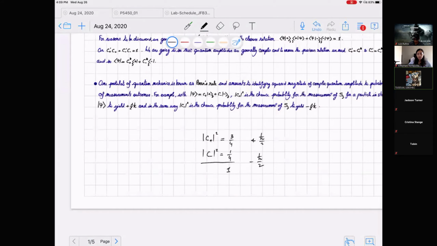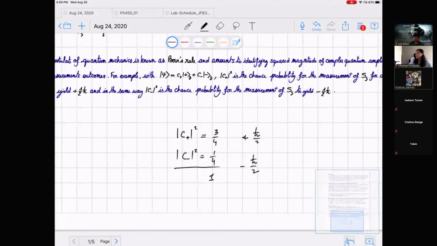Now, it's also possible that instead of these numbers, we could also prepare the electron in a state where the magnitude square of C plus is 1 and the magnitude square of C minus is 0. In which case, if all your particles are prepared in that state, of course, all your measurements will result in plus h bar over 2, and none of them will result in minus h bar over 2. And that's the only case, in fact, where you could tell ahead of time